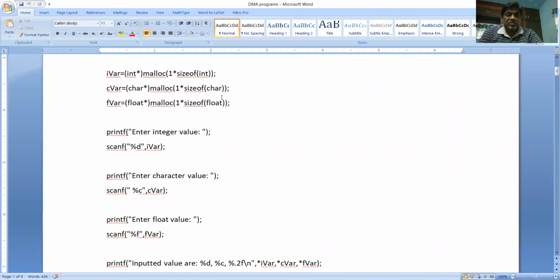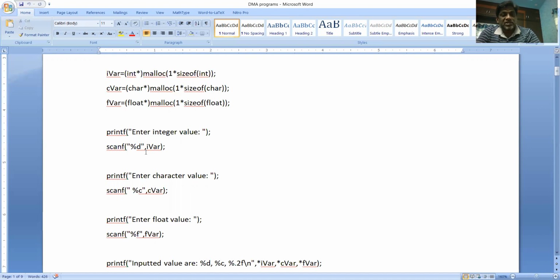Once the memory locations are created, you can make use of these pointer variables to store values into them. We are asking the user, please enter an integer value, and then scanf of percent d. We are just writing IVAR, not ampersand, because IVAR itself is an address of the corresponding memory location.